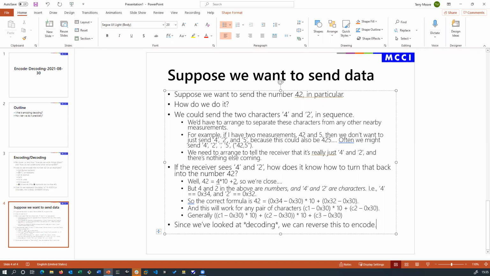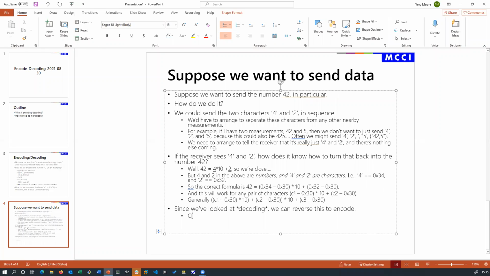So since we're going to get these in reverse order, I'm going to write this as an array. So C of 3 equals